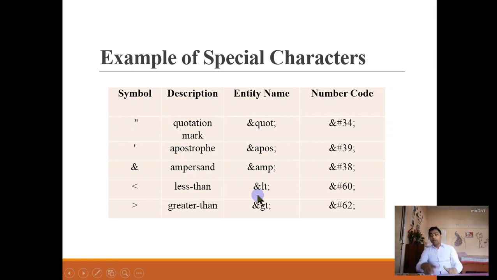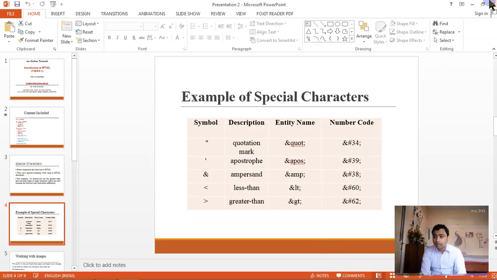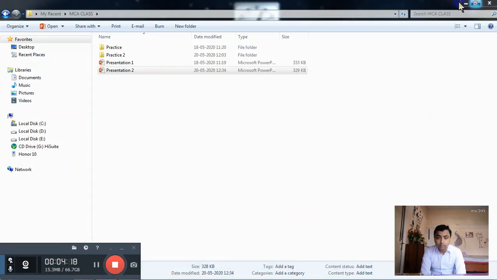So I will give you some examples related to these number codes. Now let me show you these special characters by using an example here. I am minimizing this.